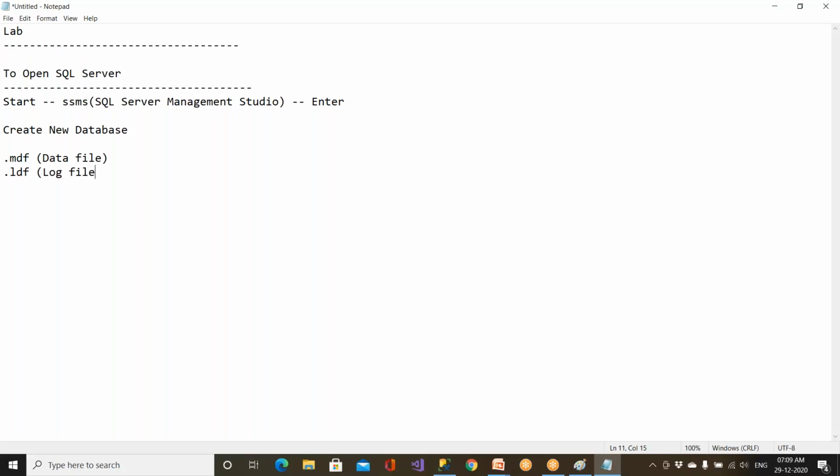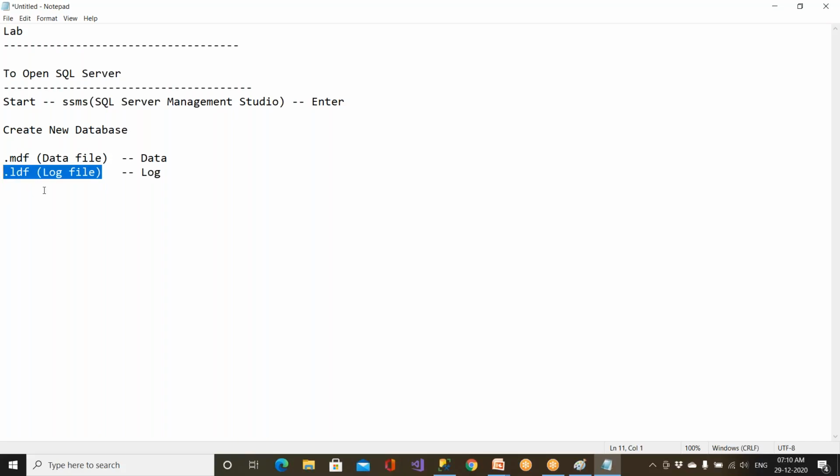I told you, right? When you are born, you will have one heart, two kidneys, one liver, one lung, a lot of things by default. Like that, when you create a database, it will have some things by default: the .mdf file and the .ldf file. This is where the data of your tables is going to go. The other is simply a log. Log means if something is going on, the details of it get recorded in this.